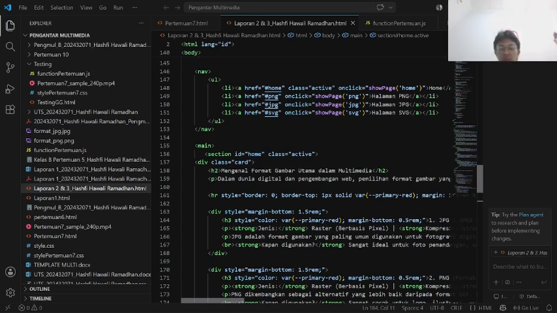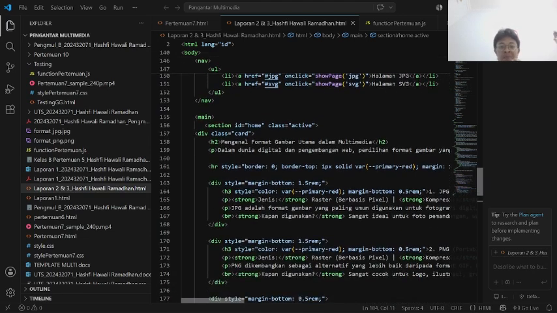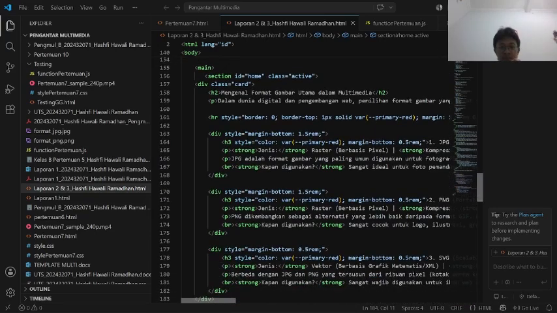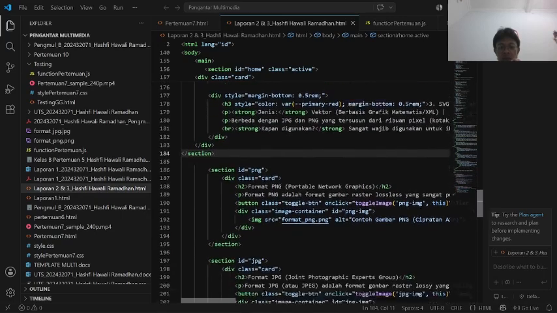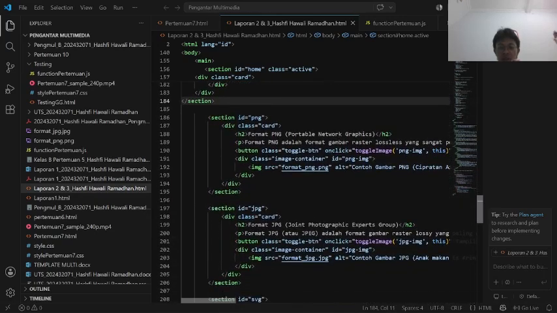Inside each of the PNG, JPG, and SVG sections, I implement a div element with the class name card. Inside this card, we have the descriptive text, a button with the class toggle-strip to show or hide the image, and a hidden div container with the class image-container.